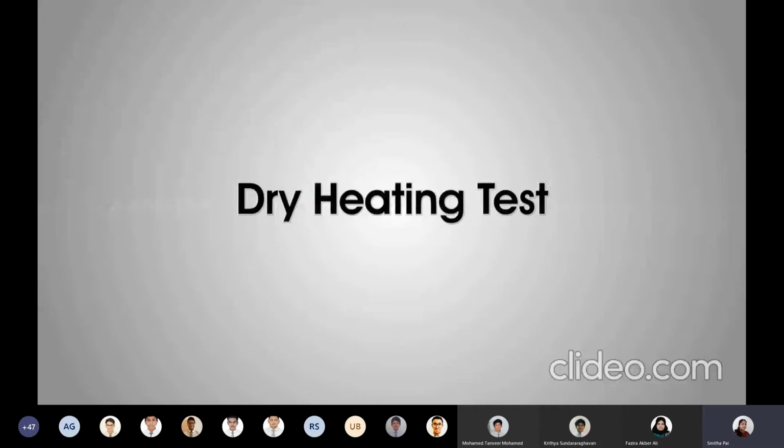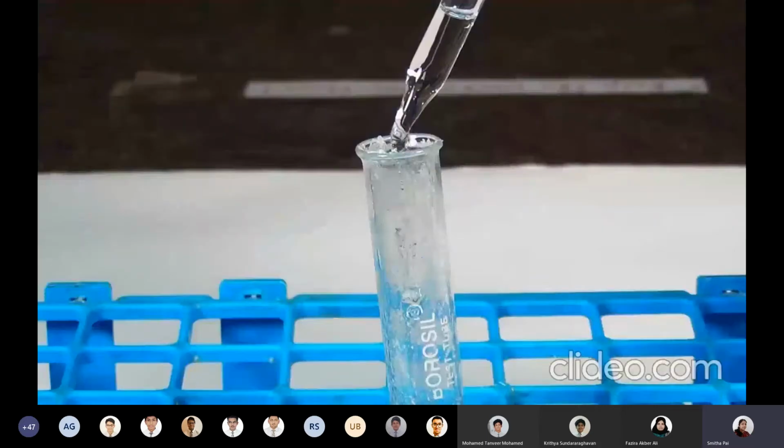Concentrated sulfuric acid test. Materials required: original salt, concentrated sulfuric acid, blue litmus paper, test tube, and a dropper. Procedure: take a small amount of the salt in the test tube. To this, add a small volume of concentrated sulfuric acid using the dropper. Acetate reacts with concentrated sulfuric acid to produce vapors of acetic acid with characteristic vinegar-like smell.